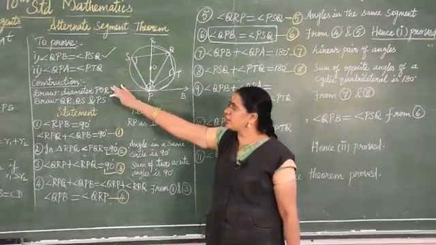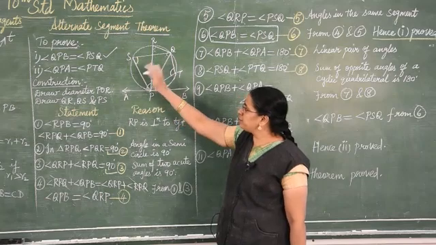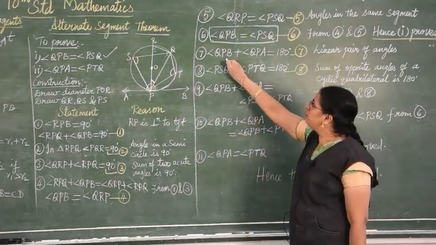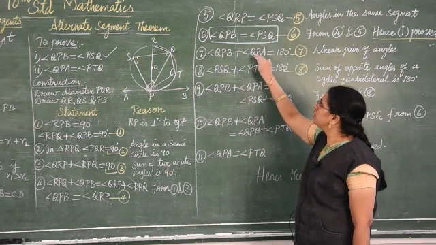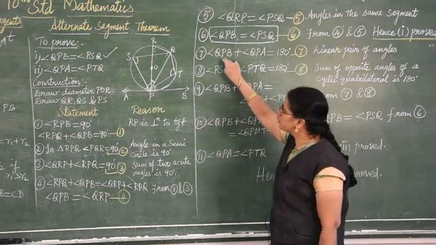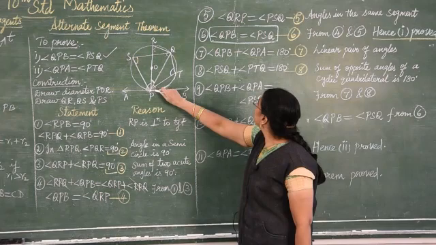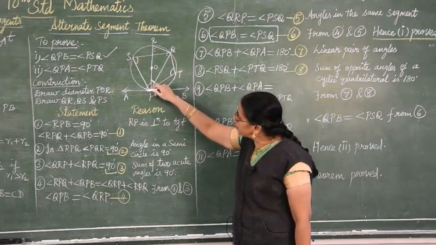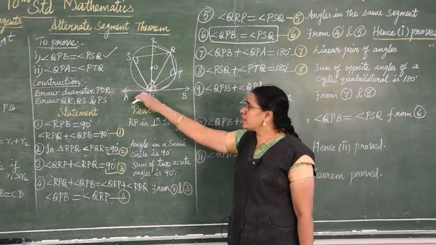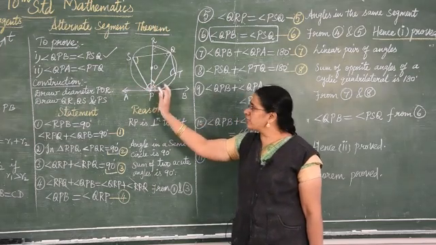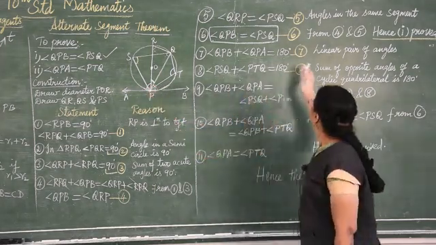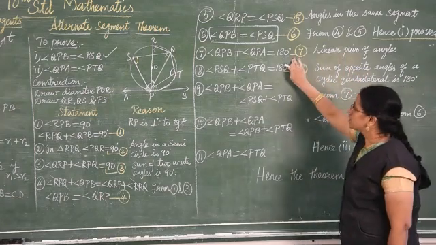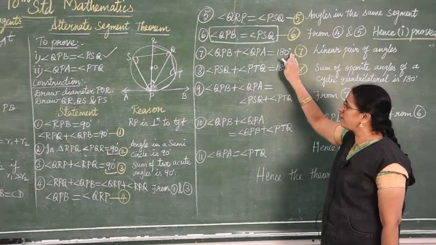One more condition is there that we need to prove. Angle QPB plus angle QPA is this angle. What is the angle of a straight line? Straight line angle is 180 degrees. That we have written, linear pair. So let us take this as equation 7.